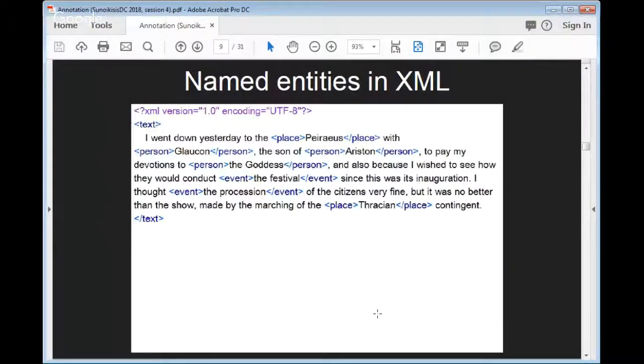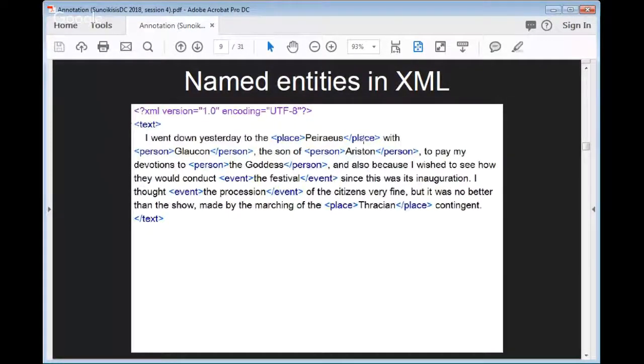And this is already an annotation, right? We're already saying that this string of characters, Piraeus, which is characters 23 to 32 on the page, is a place reference. Okay, and that's already an annotation.